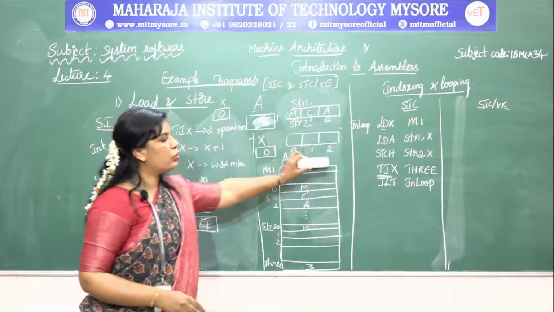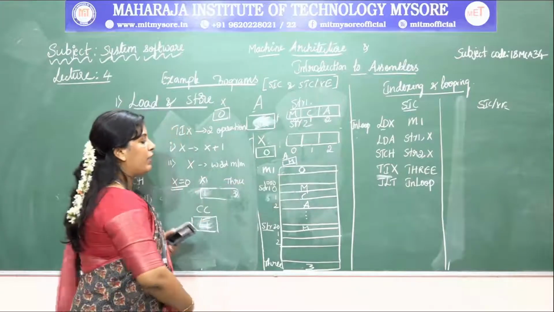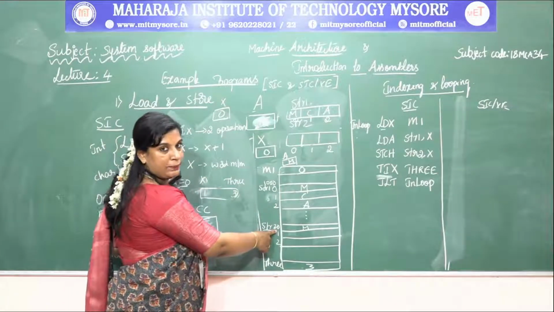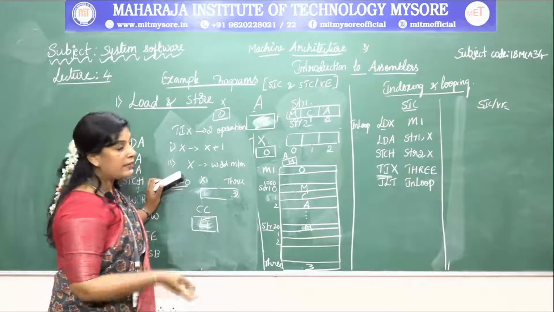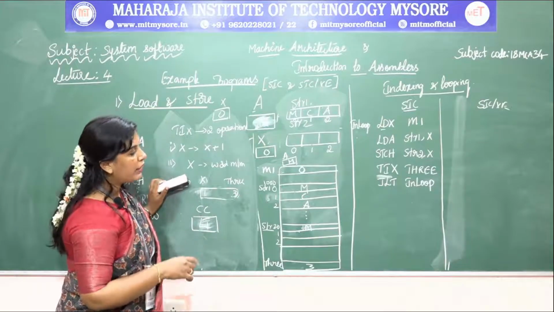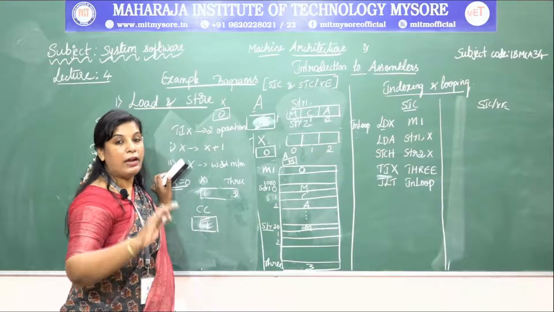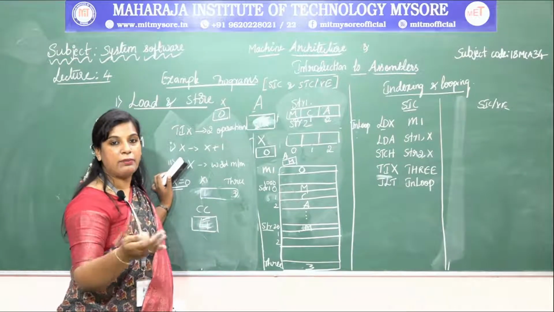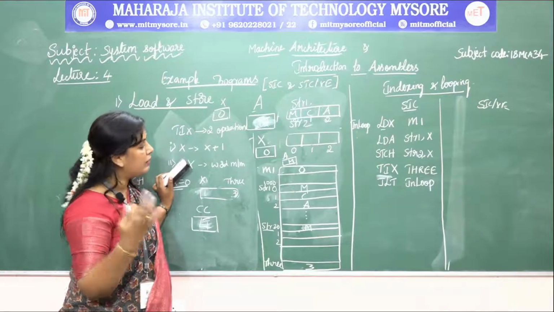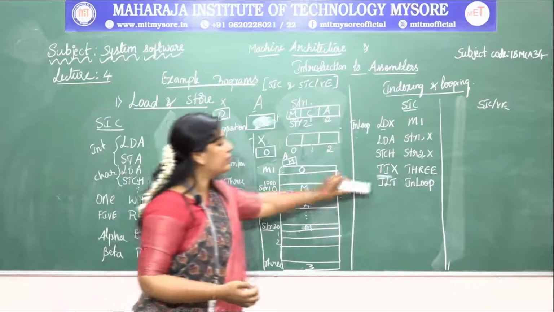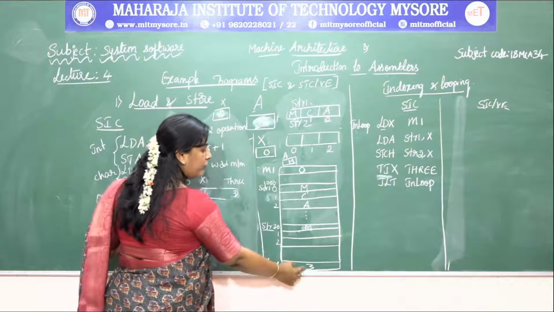What is the next instruction? Store the character present in the accumulator to string 2, at the same position. M is copied there, and the accumulator still has the same value. After that, I want to increment the index register value and at the same time compare with the maximum length of the string, which is 3. TIX first increments the index register value by 1, then compares the value with 3.